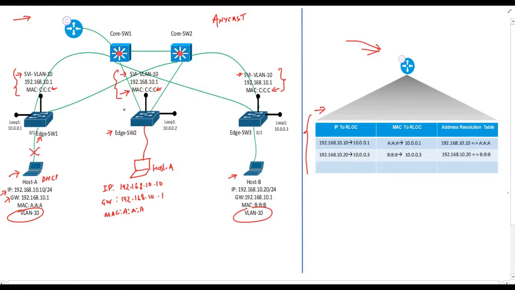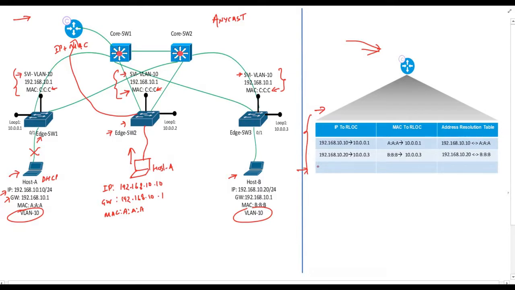When this host attaches itself here and gets the IP address from the DHCP server, the process of host registration starts, right? On learning that host A is connected to one of its ports, edge switch 2 sends a map register message to the control plane node that contains the IP and MAC address information of host A. The control plane node creates an entry in its database. So let's fill this entry.